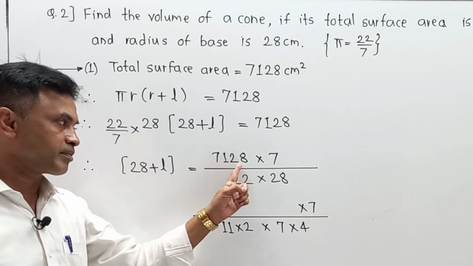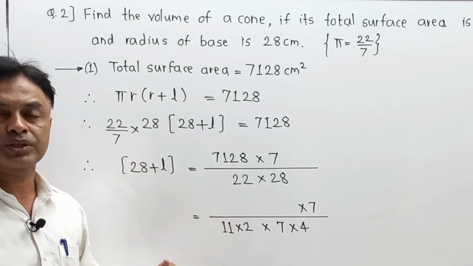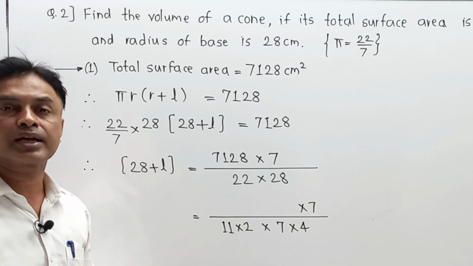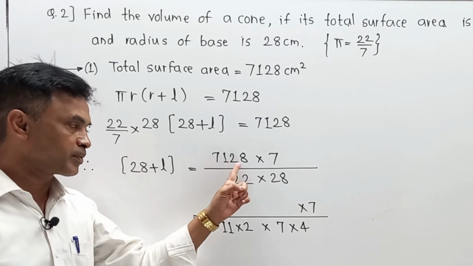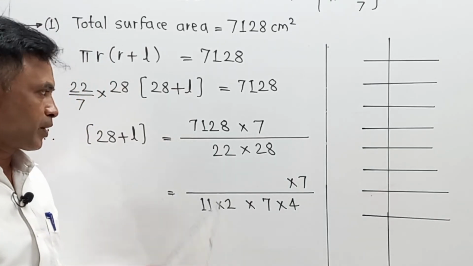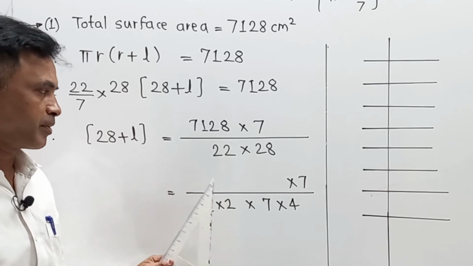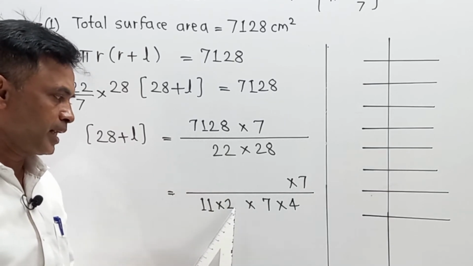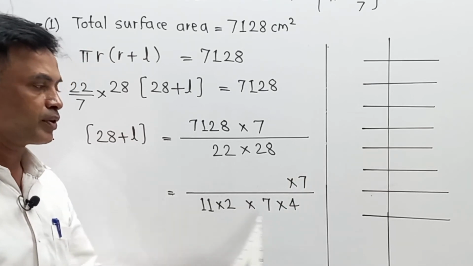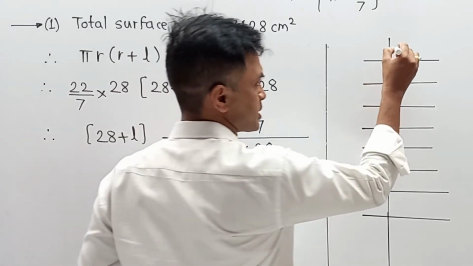Now here this number is 7128. Either by logical presentation or by calculus method you can solve it, and the simple method is synthetic division, and in this numerical we are trying to understand it. So for 7128 please try to understand over here. From this evaluation, 7128 needs to be simplified, and the respective number may be 11 into 2 into 7 into 4, where 7 can cancel with 7, and we have to think about the rest of the number. So the number is 7128, and I am going to start its synthetic division.